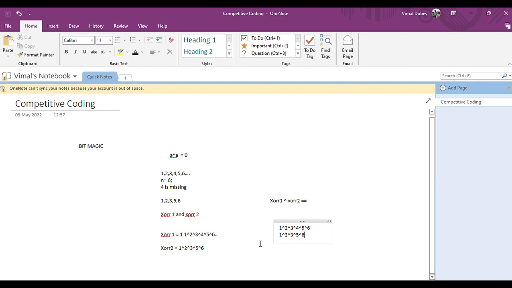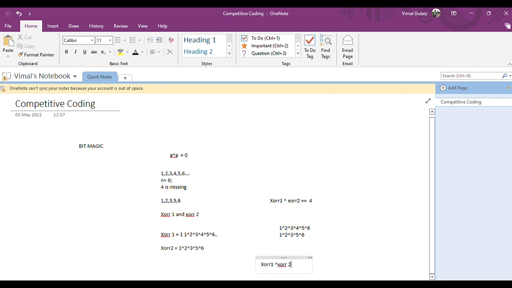So 1 with 1 will become 0, 2 with 2 becomes 0, 3 with 3 becomes 0, 5 with 5 becomes 0, and 6 with 6 becomes 0, and what we are left with is only 4. So this will return me 4. So simply I can return XOR1 XOR XOR2 as my answer.